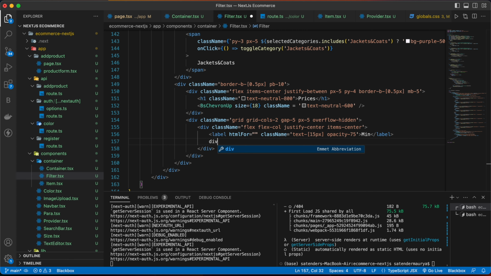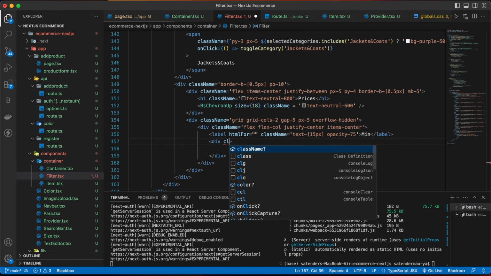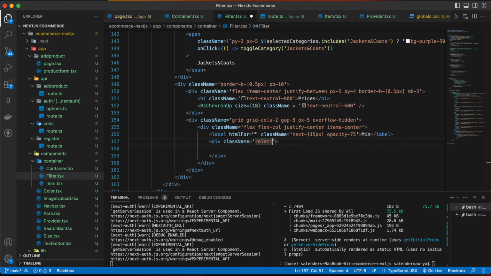Below make a div with the class name relative, and inside that we are going to have a span with the class name of absolute.